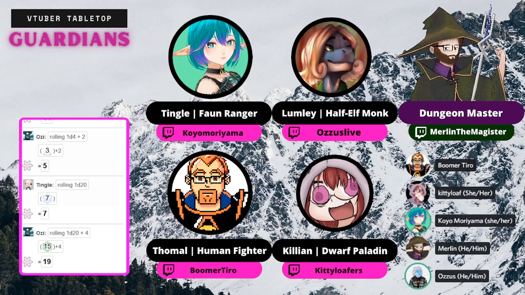So, as you all stand here in this clearing, what would you guys like to do? Lumley is going to actually take off his beak mask, and he's going to dig a little hole in the ground and dump its contents, its little herbs and flowers. Then he's going to reach into his back pocket and place in some more lavender or lilac and put the mask back on. Cool.